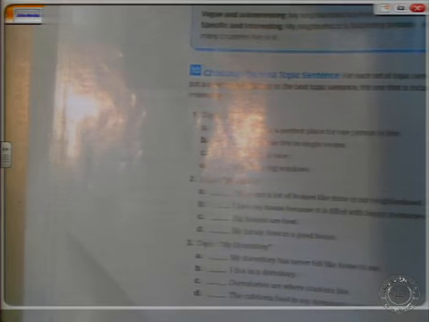Let's start with number 1. The topic is my room. The first sentence is, my room is a perfect place for one person to live. What do you think? This is a good topic sentence because here we have an interesting adjective,